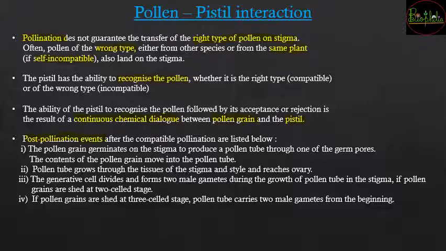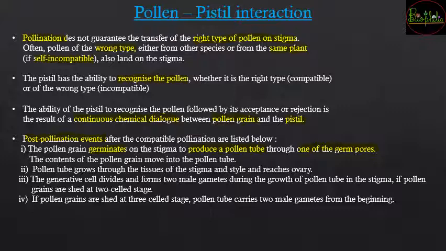So first post fertilization events में जो series होती है, let's understand them one by one. So as soon as the pollen grain is going to reach and it is declared that it is compatible, the pollen grain is going to germinate. अब germinate हो रहा है, what does it mean? It is going to produce a pollen tube. A pollen tube बनेगा from one of the germ pores. Now this germ pores is nothing but the area wherein sporopollenin was absent. तो sporopollenin जहाँ पे missing है, from that the intine is going to form the pollen tube,